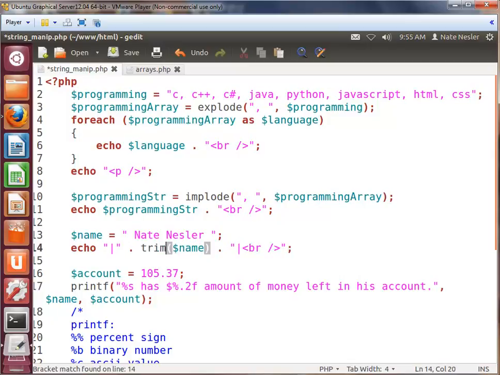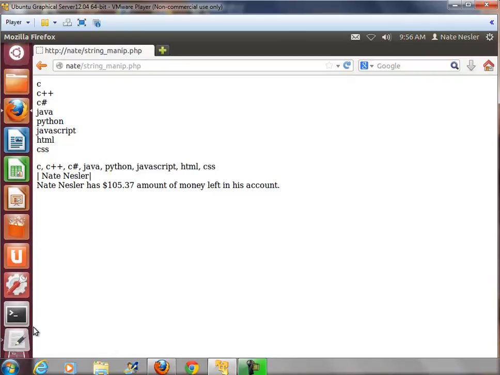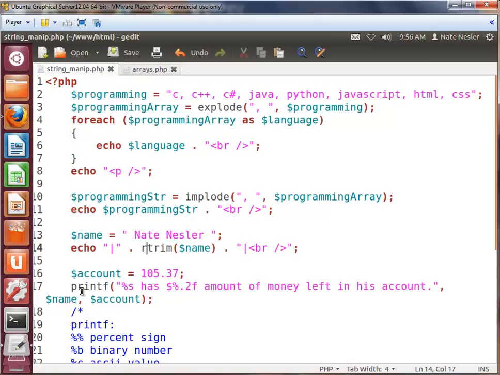So there you go. But I don't have to just trim both sides. I can actually trim one side or the other. So if I do a right trim, I say R trim. And R trim will let me get rid of that trailing space on the right hand side only. So there you go, we got rid of the trailing space on the right hand side only, but not on the left. Now if I come back in here and I say L trim, this will trim just on the